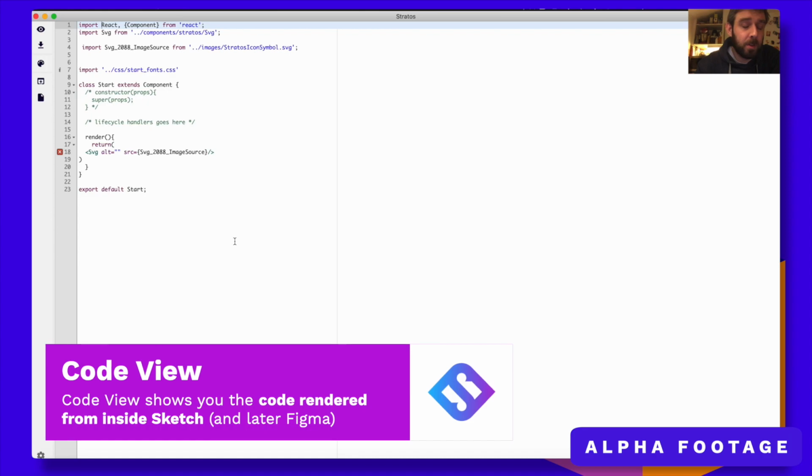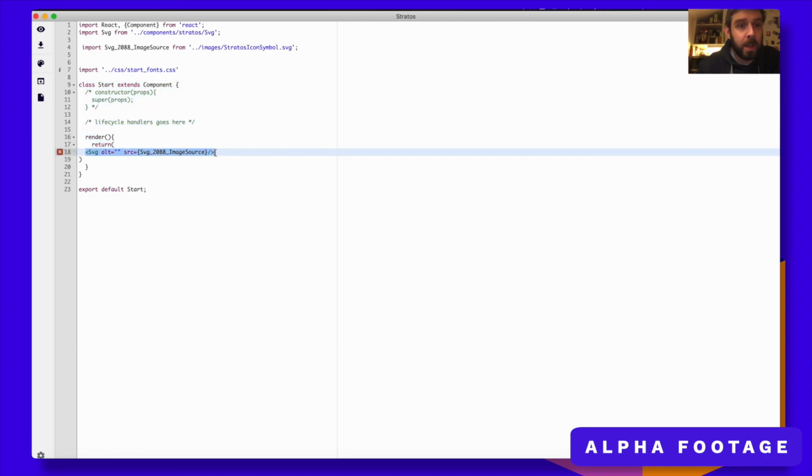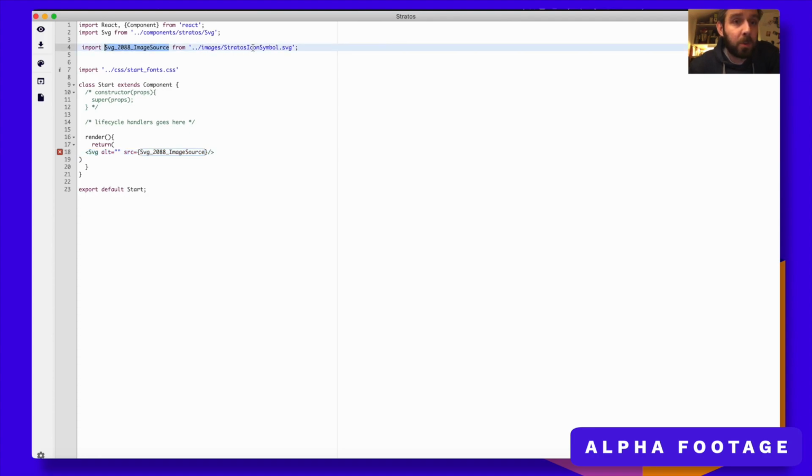Okay, so let's head into the file explorer and see which code has actually been generated so far. And you can click on this one to switch into code view, and you can see you have your start class, and you have here that it renders an SVG component, SVG React component. You have the source here, and the source goes to images and Stratos icon symbol SVG. You will also see that the component SVG is imported from